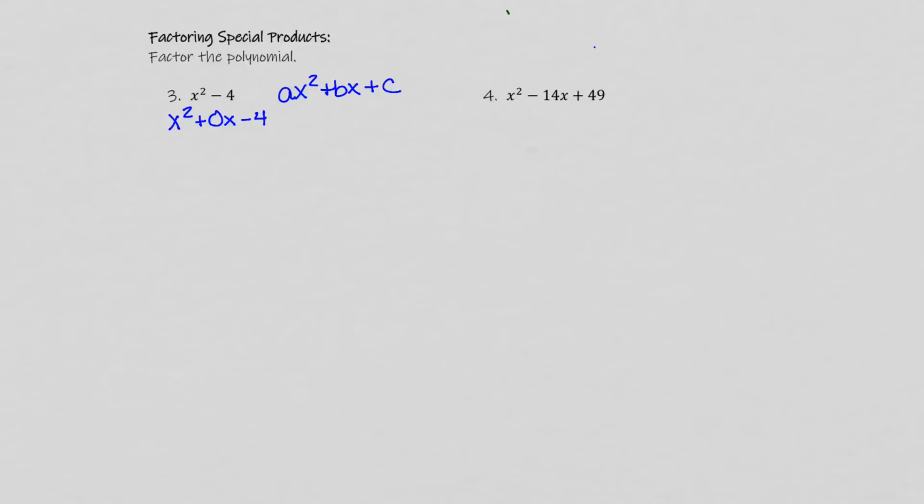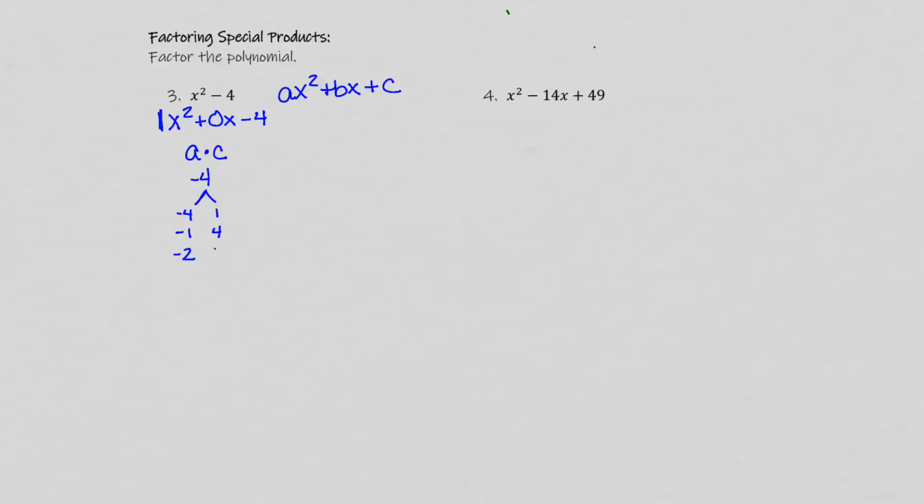And to solve or factor quadratics, you need to take a times c, and in this case a is 1, so I get 1 times negative 4, so I get negative 4. We want to list all the factors of negative 4, so the things that multiply to negative 4. Well, negative 4 and a positive 1, a negative 1 and a positive 4,